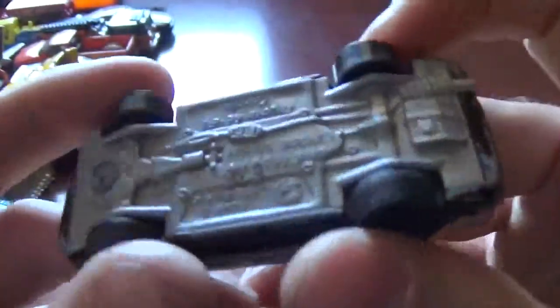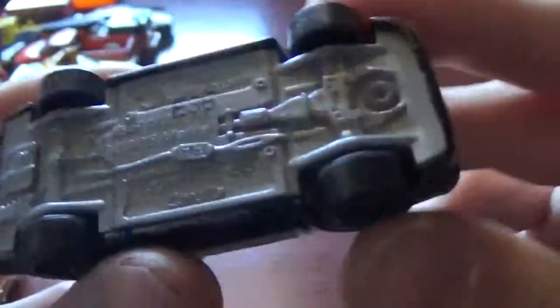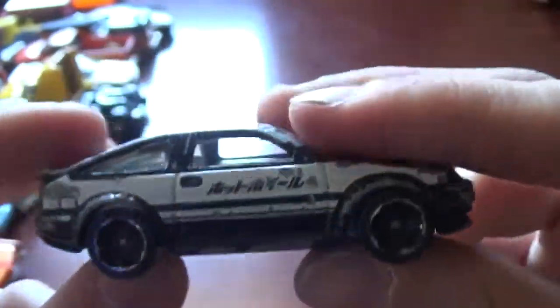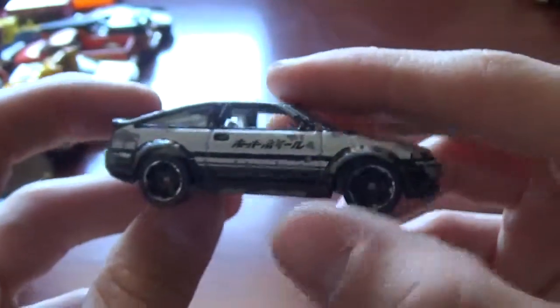We got this thing. I can't remember what this is called. This is like an '85 Civic. Nope, I was wrong. Toyota AE86 Corolla. This is like some drifter car or something. Alright, now we're moving on to the